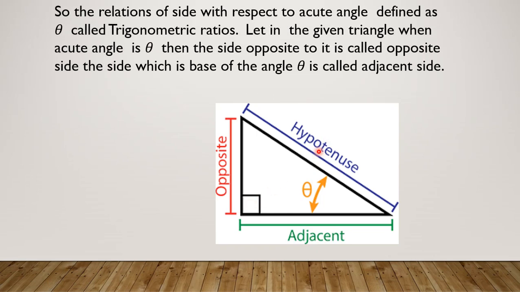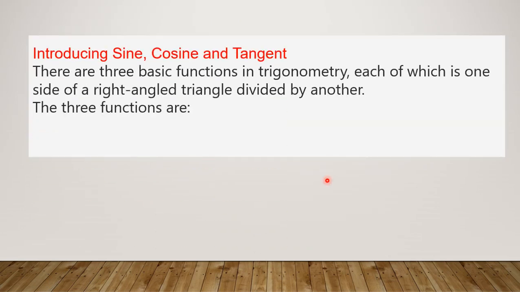So the relations of sides with respect to the acute angle theta are called the trigonometric ratios. This relation is the trigonometric ratio. In this given triangle, when the acute angle is theta, the side opposite to it is called the opposite side. The side which is the base of this angle theta is the adjacent side. Now there are three main basic relations of these sides and angles. So we can say these are the three basic functions in trigonometry. They are: